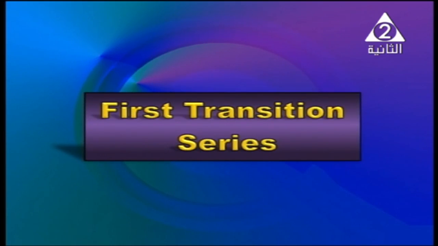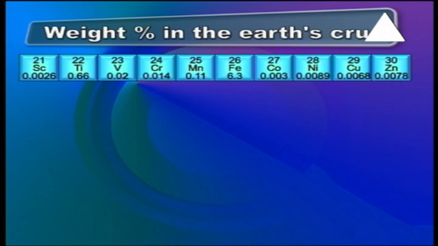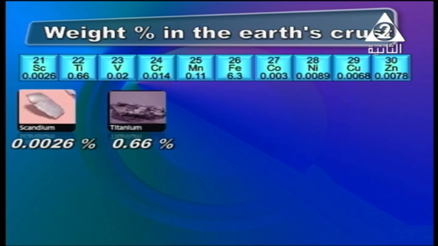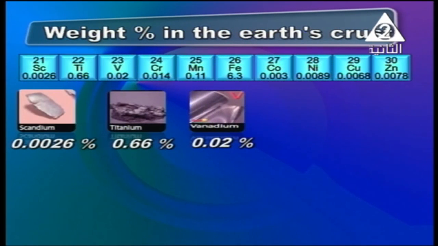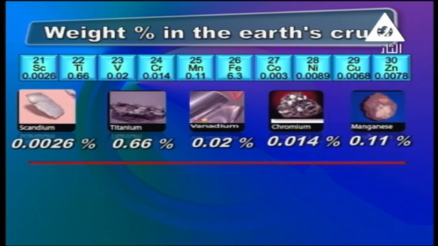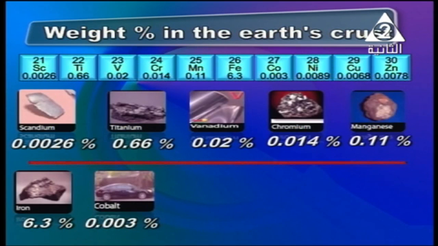My dear students, today we are going to discuss the first transition series in detail. We are going to discuss first the weight percentage of these elements in the Earth's crust. The scandium, as shown on the screen, 0.0026%, and titanium 0.66%, and vanadium 0.02%, and chromium 0.014%, and manganese 0.11%, and iron 6.3%, and cobalt 0.03%, and nickel